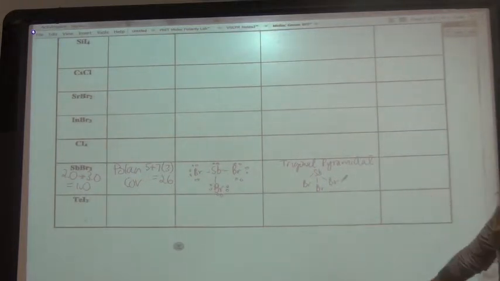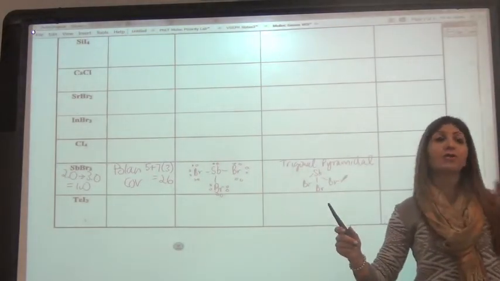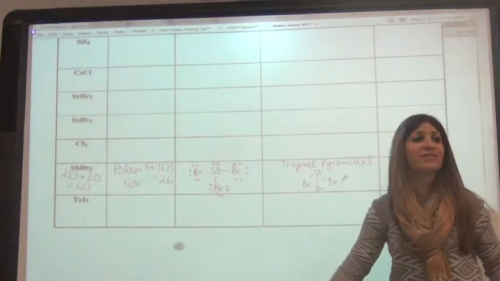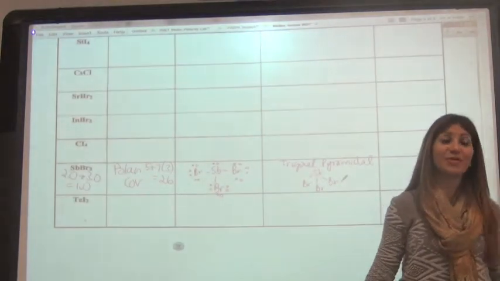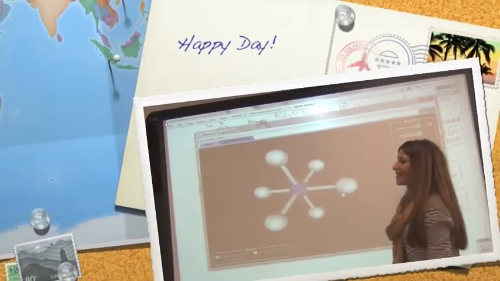And the last thing, we know these are polar bonds. So we can have a polar or nonpolar molecule. Are there dots on the central atom? Yes. What does that make it? A polar molecule. Okay. All right, and that's basically it for doing